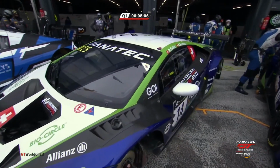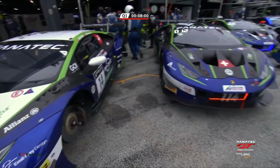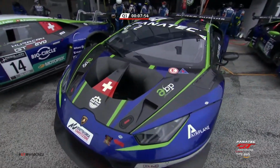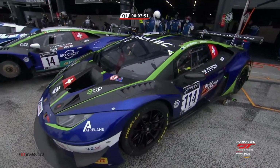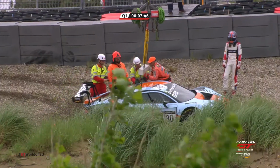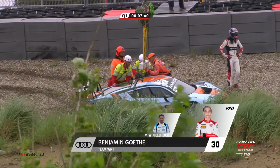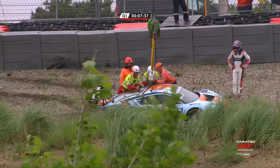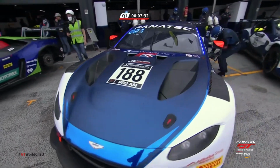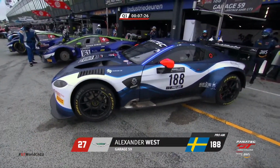Well, I must say I'm impressed with the ability of the marshals to get that car removed, because they have cranes. The corner at the back of the circuit, I can't pronounce it, it's Schifflach. Notorious. It's a gravel bed that sort of has arms to welcome you into it. Yes. And then it's quite steep. You can see he has hit the barrier, and that looks like a Tecpro barrier at the back, and then slid down. While they're still trying to attach the pulleys, every car's got an identical position for the vertical lift from a gravel trap or from a part of the racetrack where